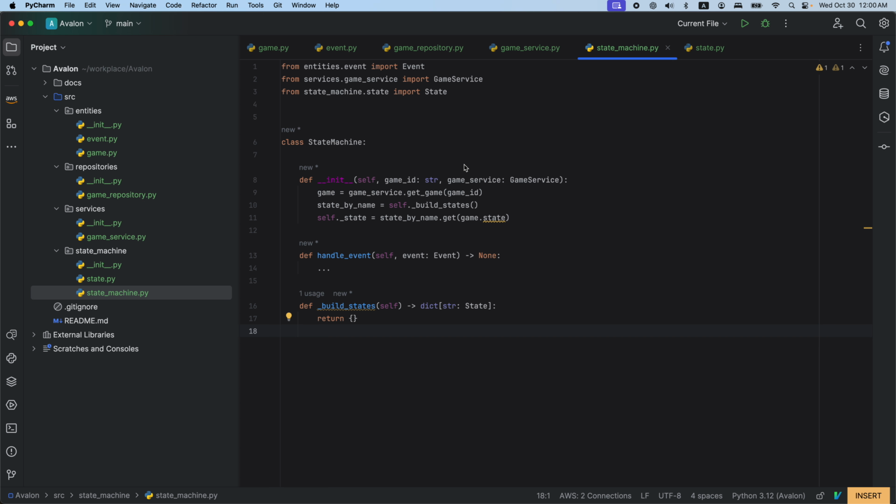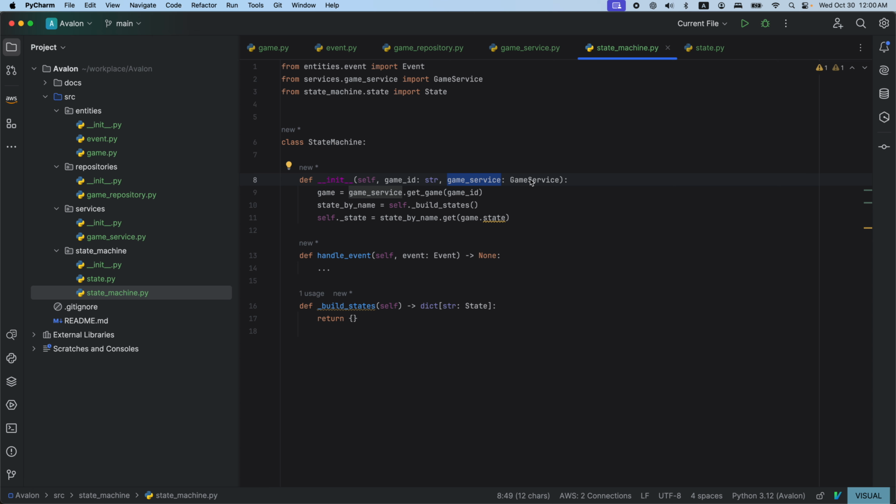For example, when the game changes from not started to started, it must trigger some subsequent events, and this kind of complexity is pushed down to the game service,